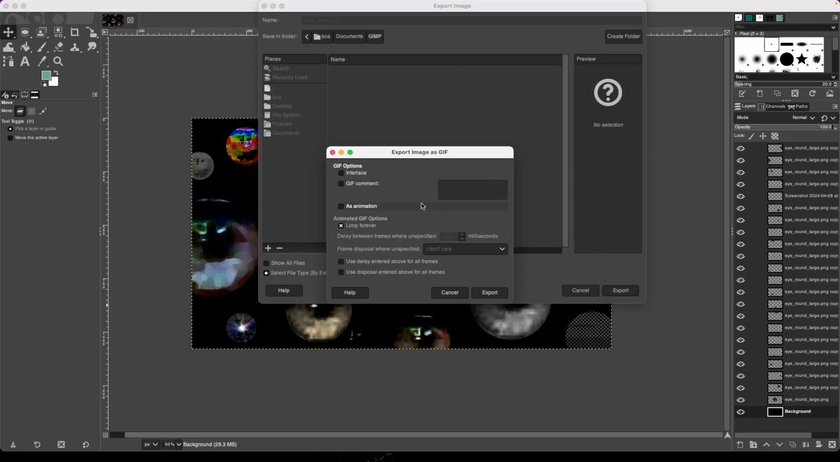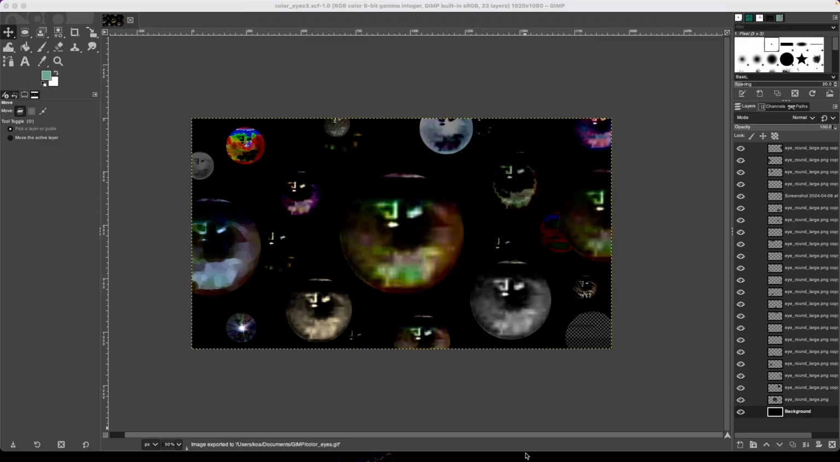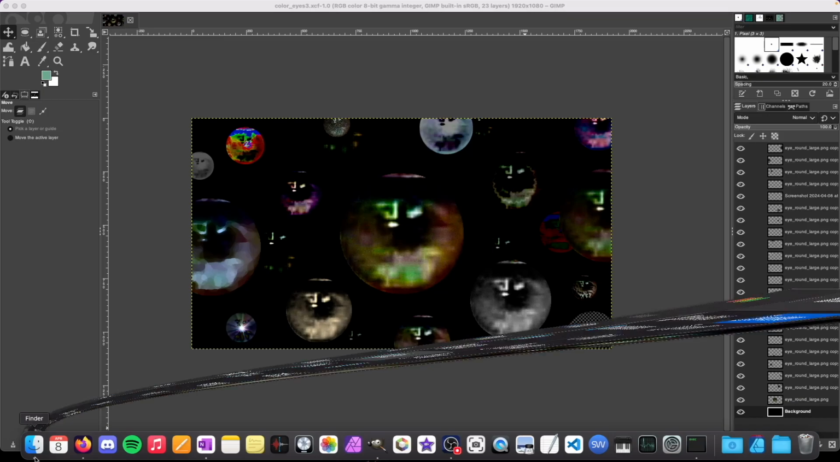This is going to be just a test to see what happens, and we're going to probably need to do a lot of adjustments on the order of the layers to get the animation correct. As animation, yeah. Loop forever? No. We want this one to just play from the beginning to the end, where there are no eyes to where there are all the eyes. Delay between frames we will also need to probably play with. We want to combine the layers. Disposal entered for all frames. Yeah. Wonderful. So we exported it as a GIF, and